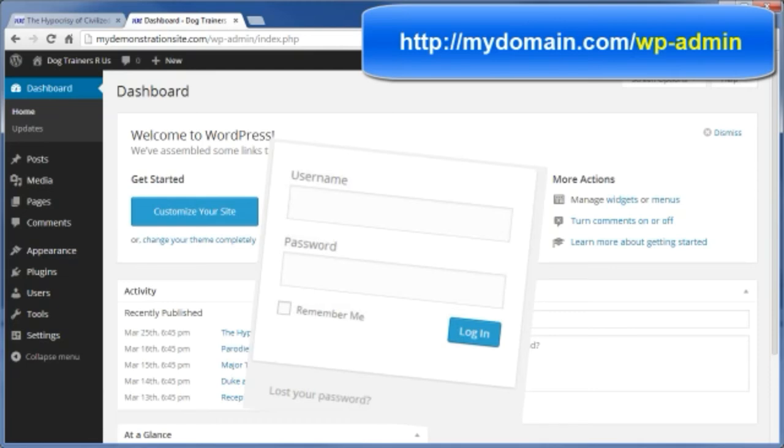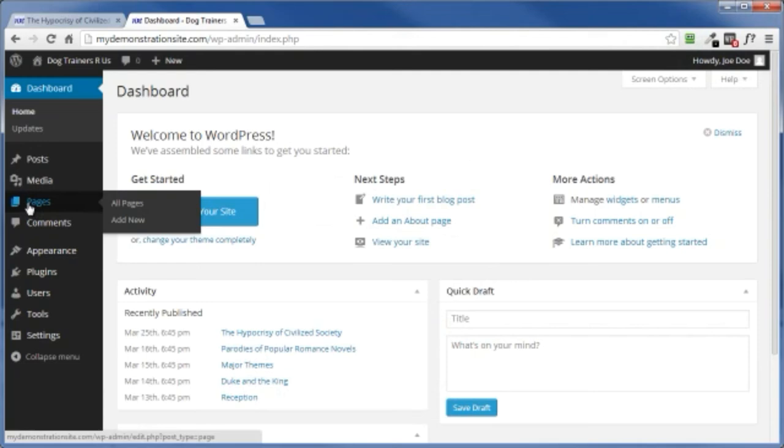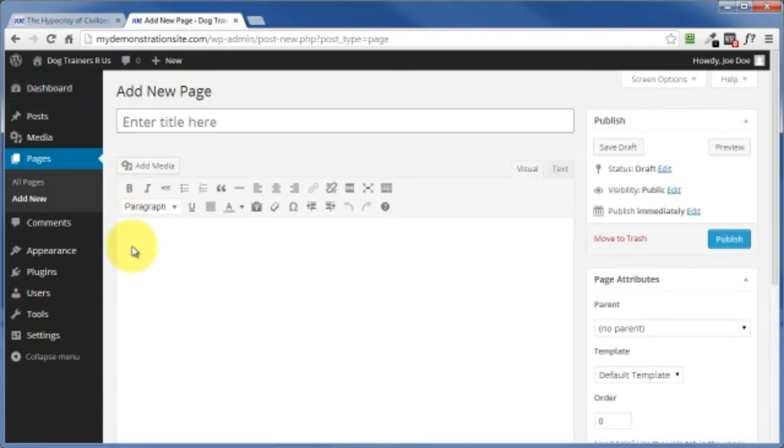Then once you're logged in, come over to the left main menu. And when you hover over the pages link, you're going to get this little flyout menu that lists all pages or add new. Now if you click on all pages or the pages link here, they'll take you to the same page, which is a list of all the pages that you've already published or those that you've started to publish but are currently in the draft stage. But right now let's check out the add new tab,